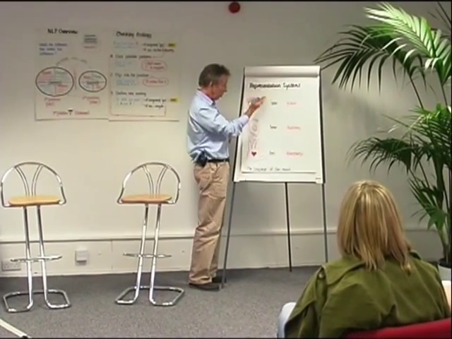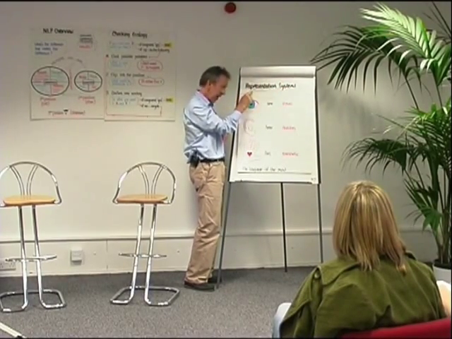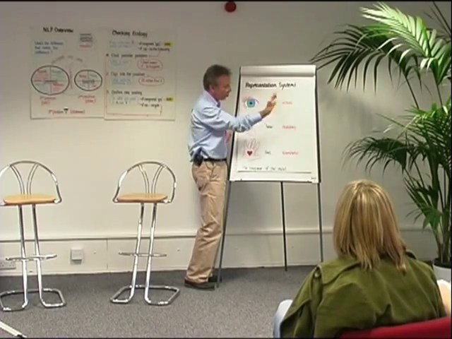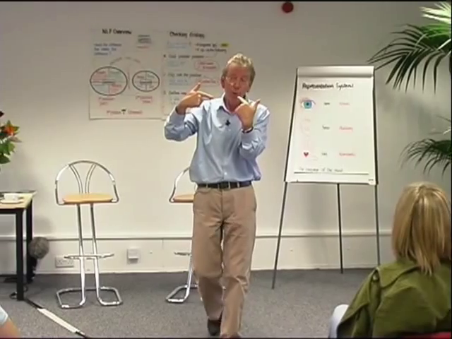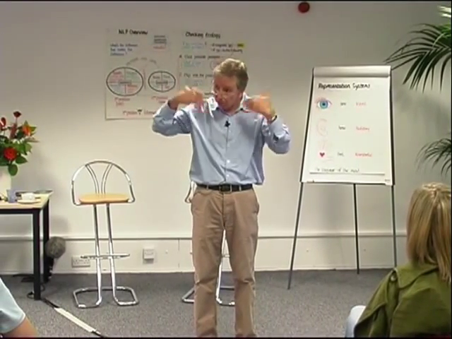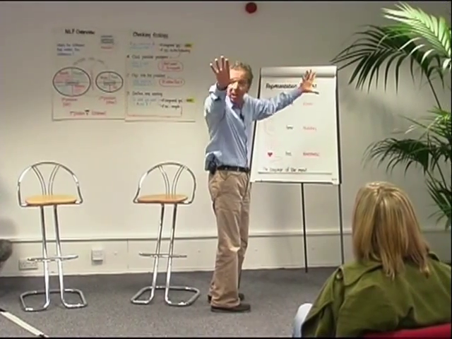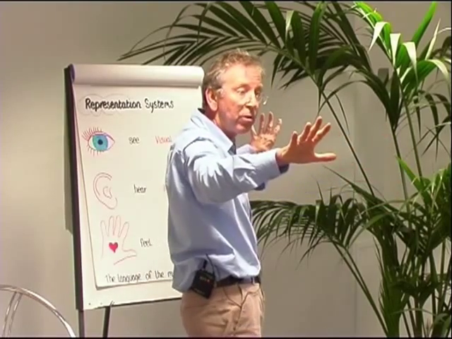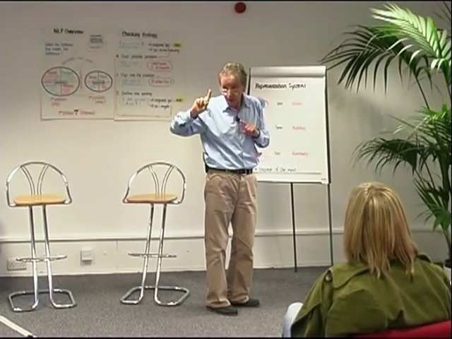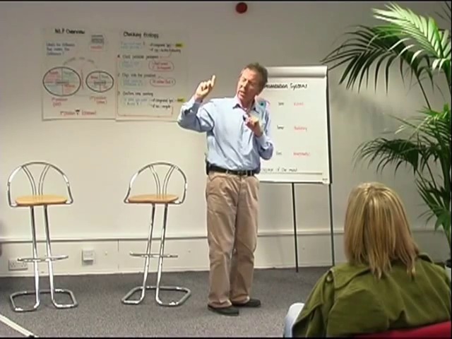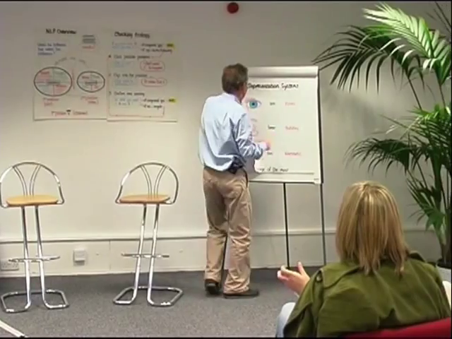In NLP, they call them representation systems because we represent information in visual, auditory, or kinesthetic when we think internally. So this is how we think, is actually in terms of inner images, self-talk, feelings. But that's how we experience the world, seeing it, hearing it, and feeling it underfoot. So it's the same systems, but internally, which is a neat trick. As a biologist, I go, wow, that's a neat way to create consciousness out of nothing. Just have a bunch of representations and off you go.